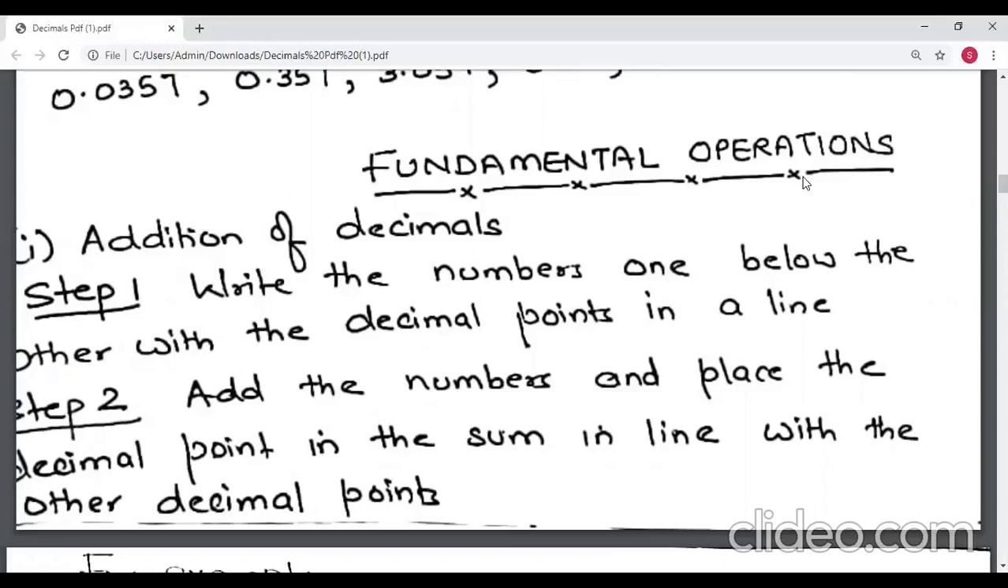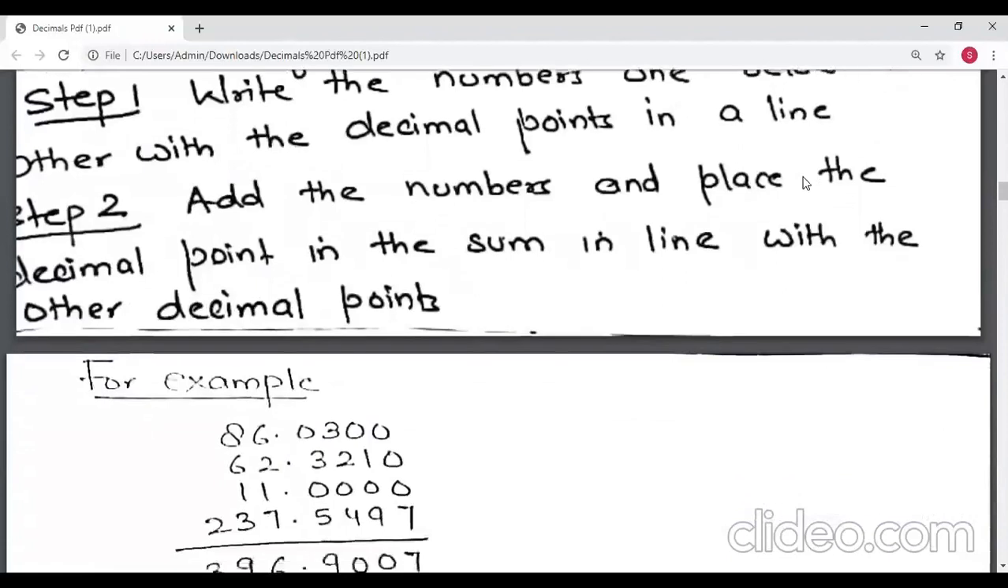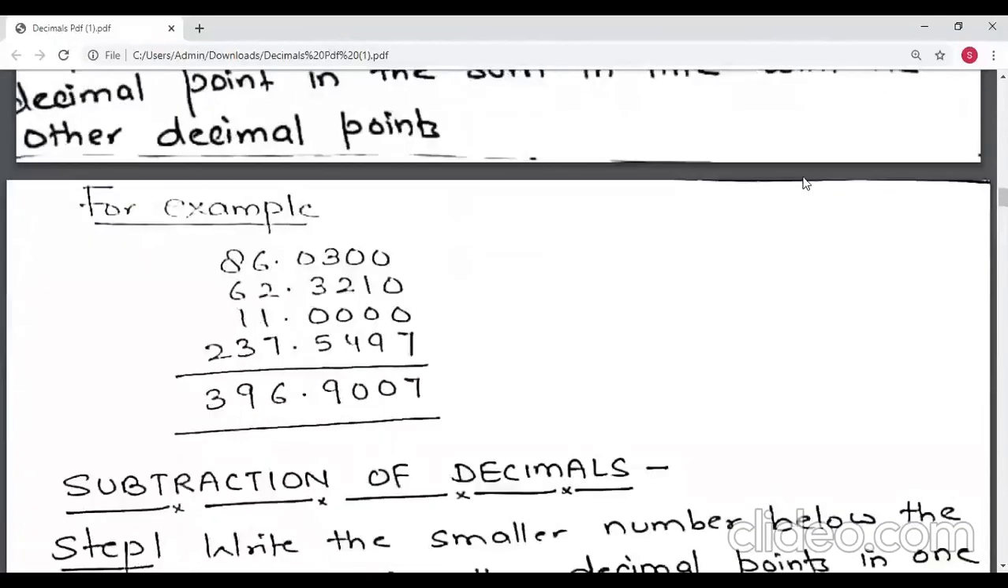Step 1 is write the numbers one below the other with the decimal point in a line. Step 2, add the numbers and place the decimal point in the sum in line with the other decimal points. You can see the example over here: